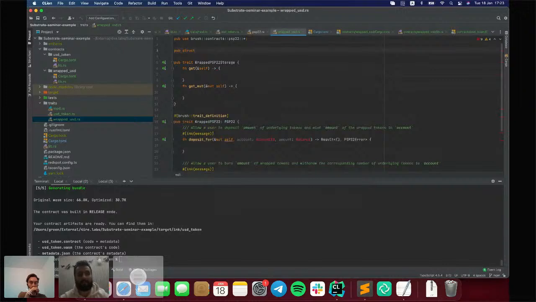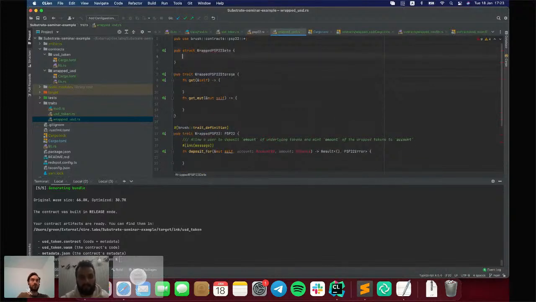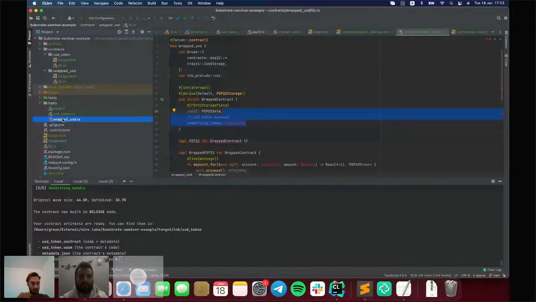Let's call it something like this. It will have only one field, underlying token. Let's copy it from here. So, we are also moving the storage struct into this file, right? Yeah, we are moving the storage definition here. Okay.